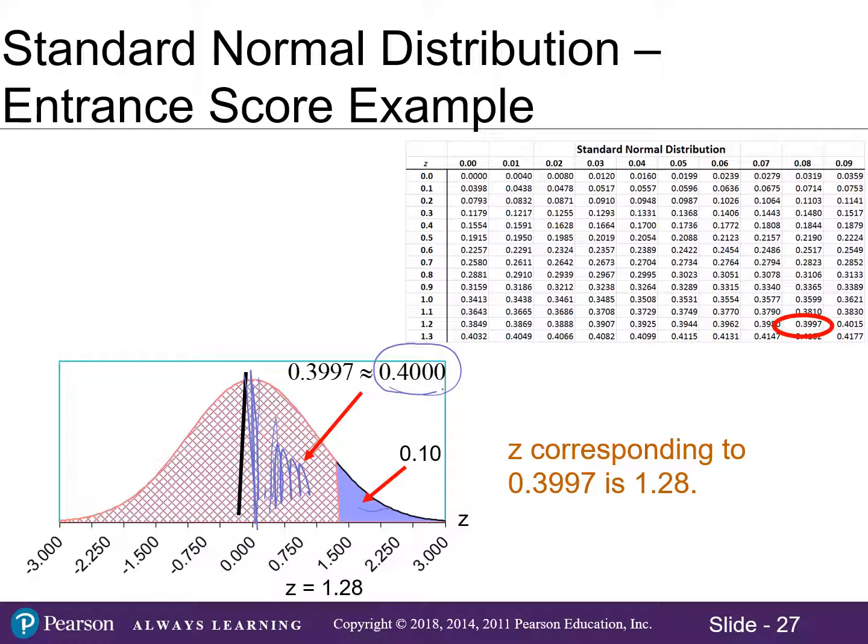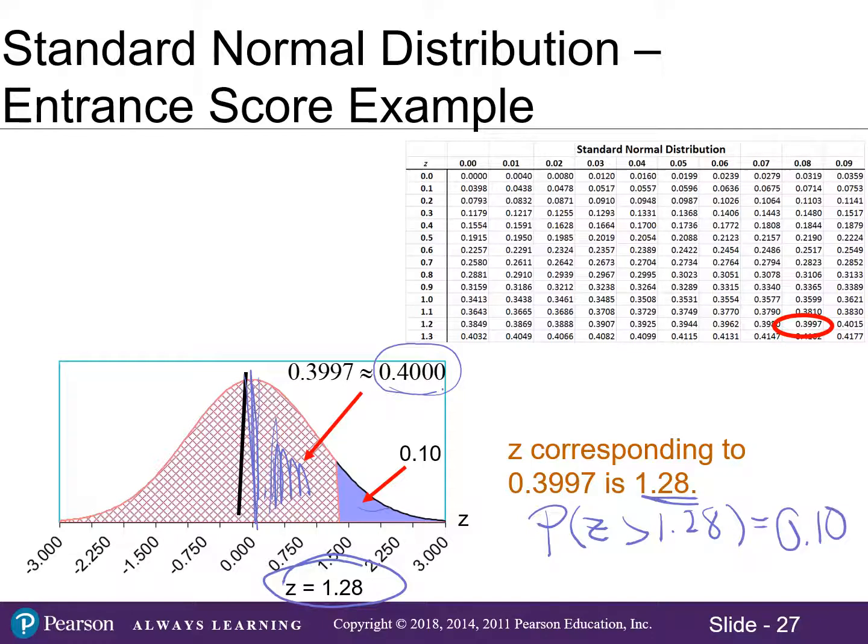So I'm going to use this value, 1.28, because it's the one that's 0.039999. So the z value I'm going to be using is 1.28 for that reason. So I'm going to be using 1.28 as my z. So far what I've established is when I look at z's greater than 1.28, that gives me close to the